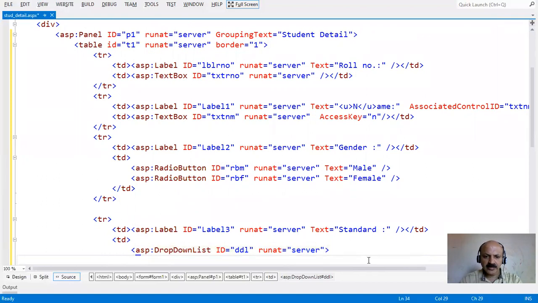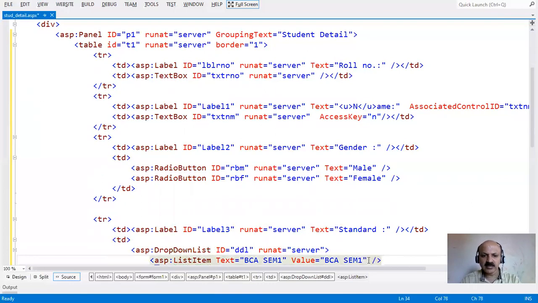The pair tag of DropDownList groups the list items. In ASP.NET there are 5 list controls: DropDownList, CheckBoxList, RadioButtonList, BulletedList, and ListBox. So here take the ListItem with text and value. We supply BCA SEM1, and the value is also BCA SEM1.